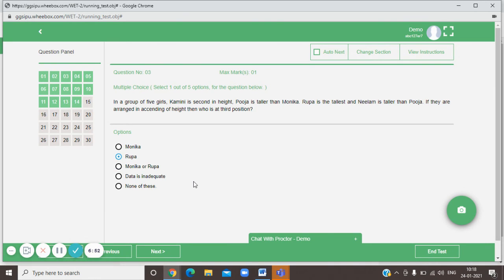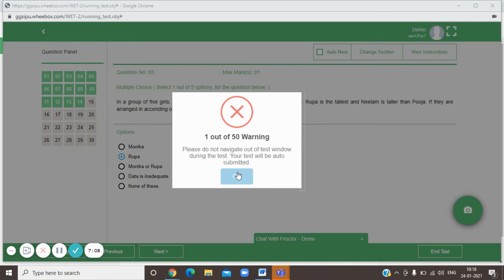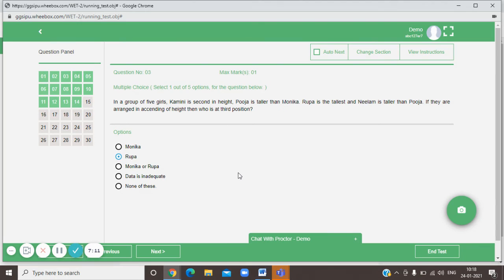You have a navigation count of 30. In case the candidate is toggling to another screen, or any kind of notification, an email notification or Windows update notification, that is also counted as a navigation. After the 30th navigation, your case will be considered under the UFM committee. So make sure you close all your notifications. Please don't try to toggle to another screen to get your answers. And please make sure that you are being watched throughout the exam.